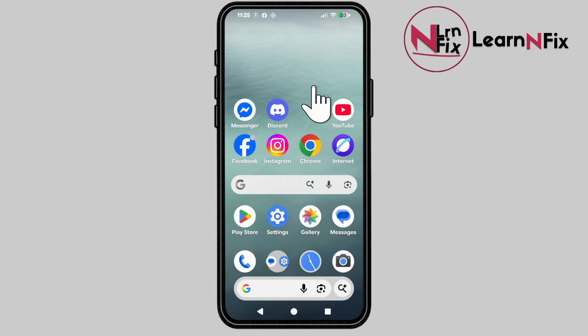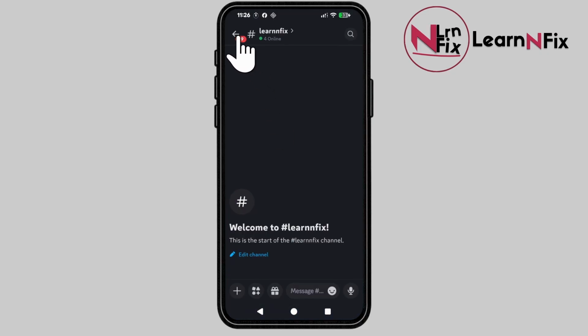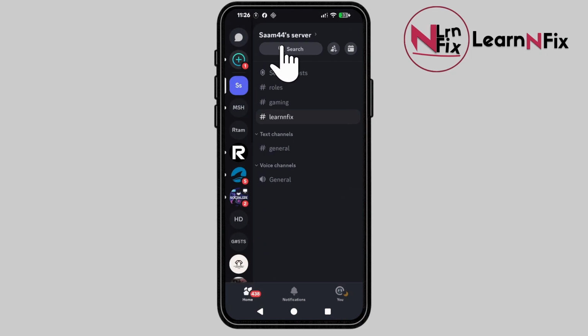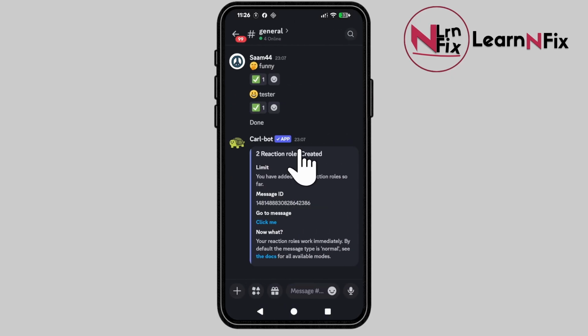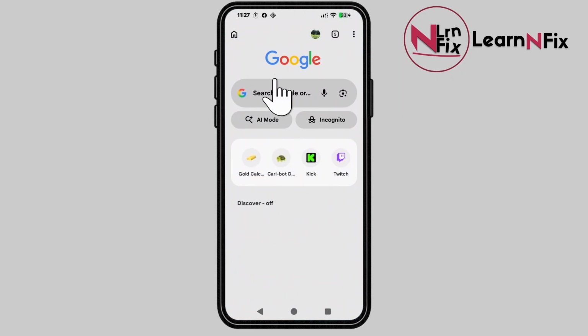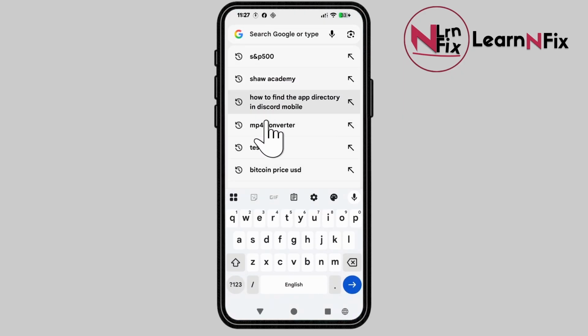In this video, I'm going to show you how to create a ticket toolbot on Discord. First thing, you have to go to Discord, then go to your Discord server. Make sure you have control or admin control. Then I'm going to go to the browser, and then I'm going to type in ticket